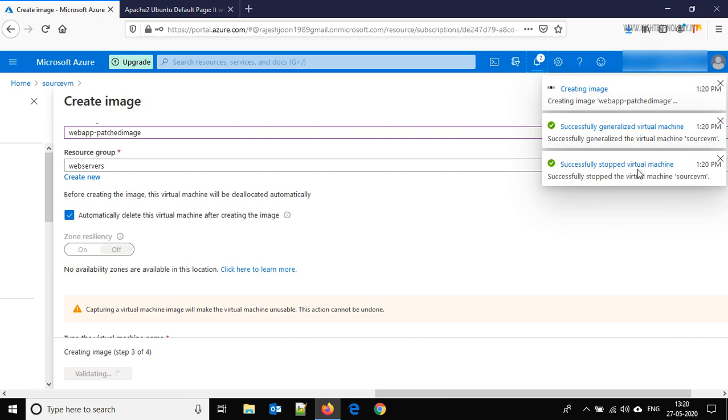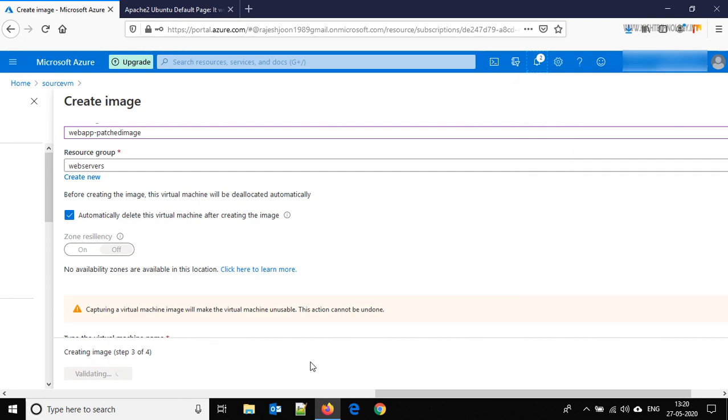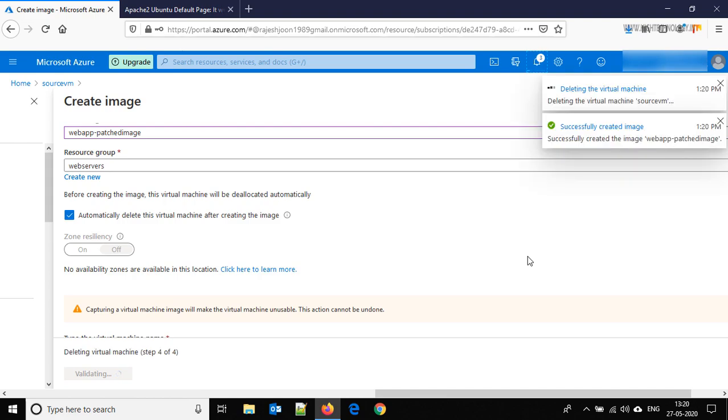Okay, it successfully stopped the virtual machine, then it successfully generalized the virtual machine, and now it is running the create image step. You are able to see that it is creating the image right now, and once our image is created, it will delete the source VM. The image is created successfully. Now it is deleting, so let's wait.